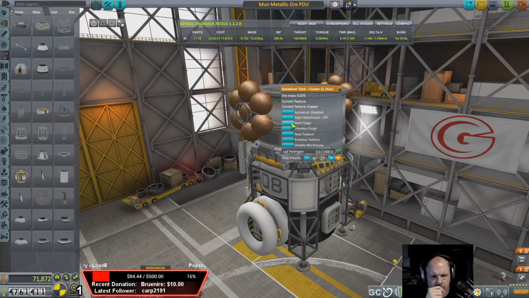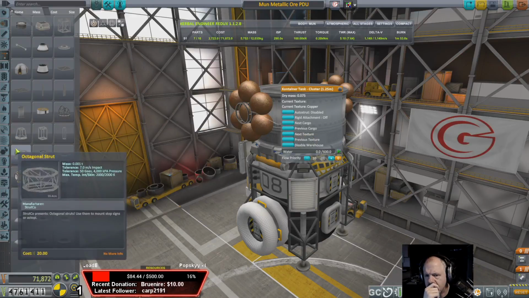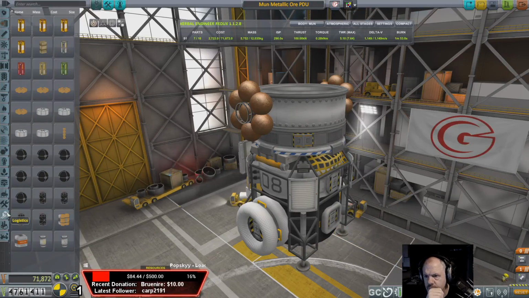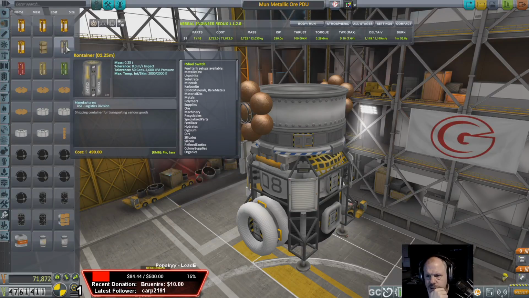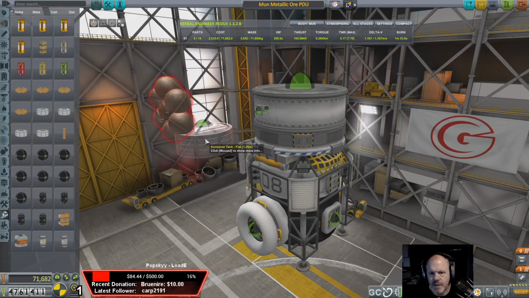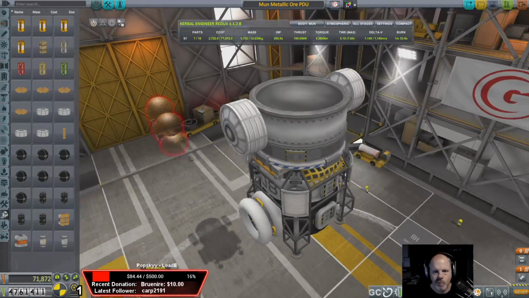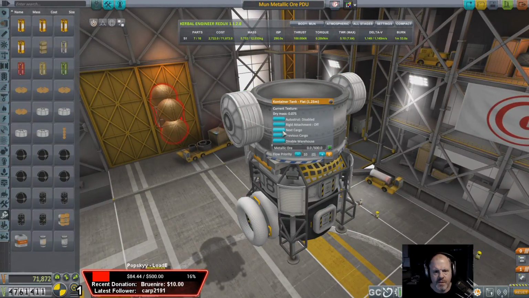Next. Chemicals. Oh, is this all liquid? Oh, this is all liquid. I didn't read that very closely, did I? That's all liquid fuel. So I have to use those. Wait, I can use these. Alright, fine. Alright, that'll be fine. Alright, so we want this to be...